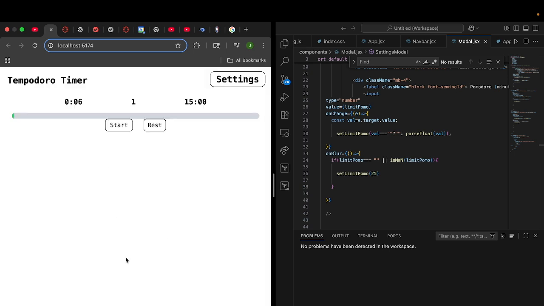So once I get that part done, then after that again, it's just styling it, making it look cool, and yeah,